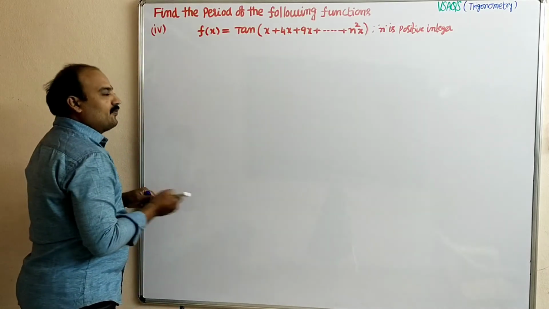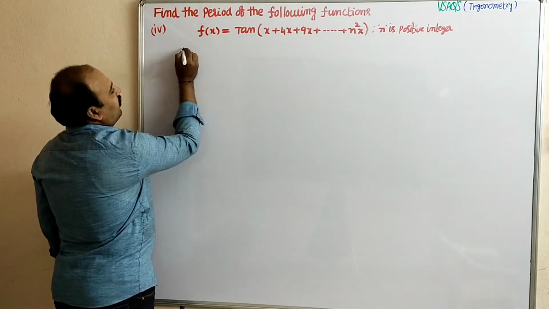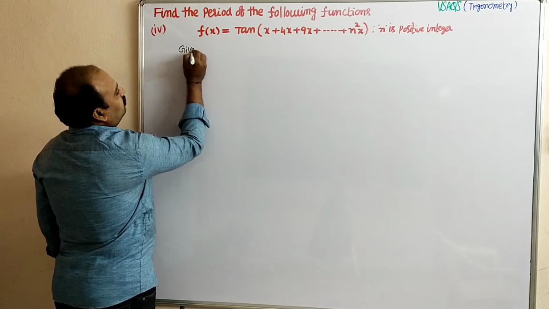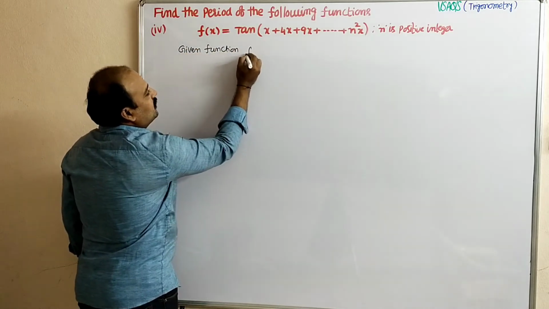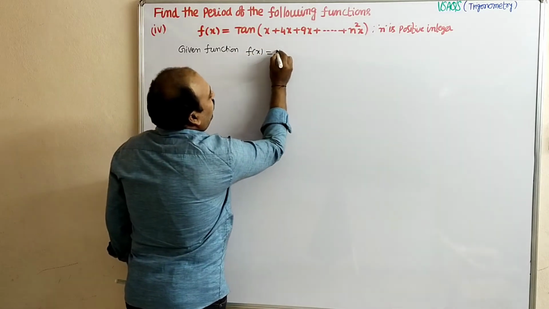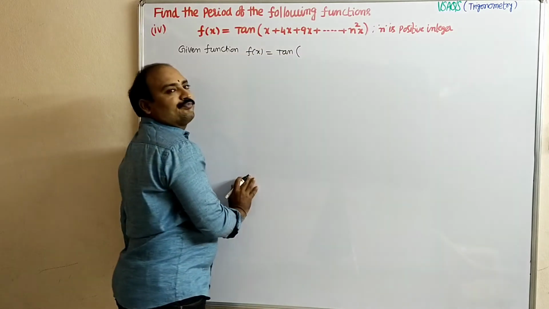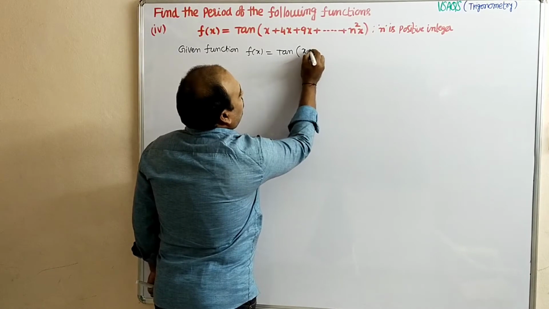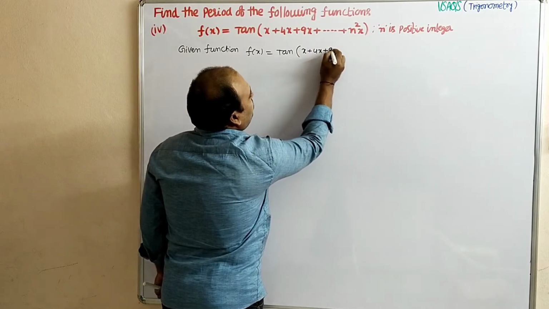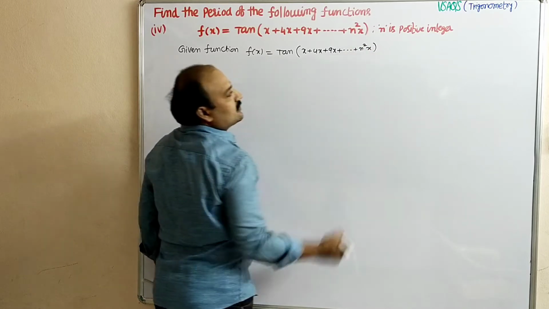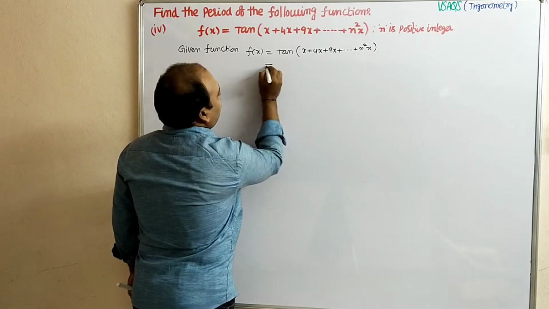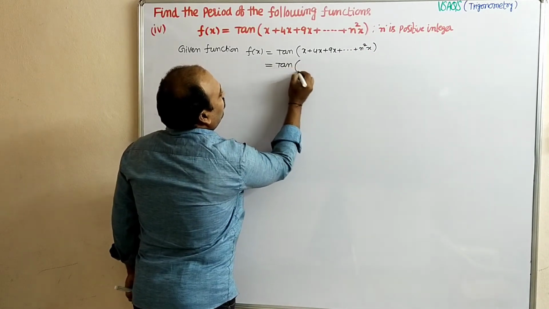First you have to write the given function. f of x equal to tan of x plus 4x plus 9x plus and so on plus n square x, which is equal to tan of x